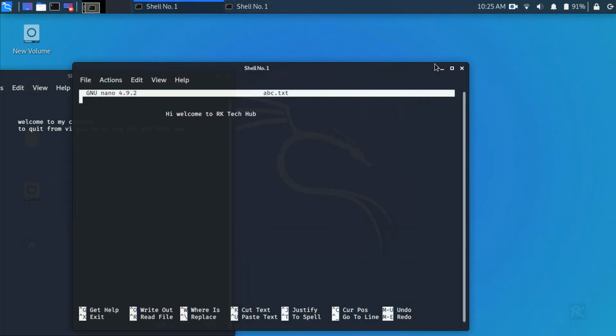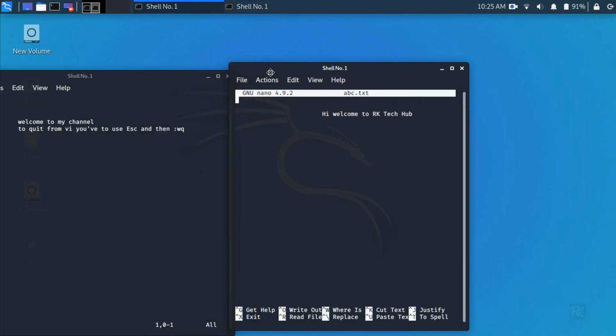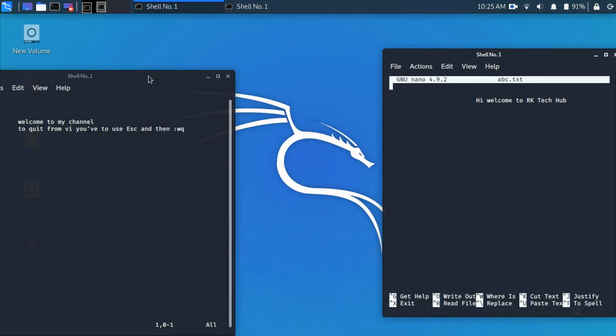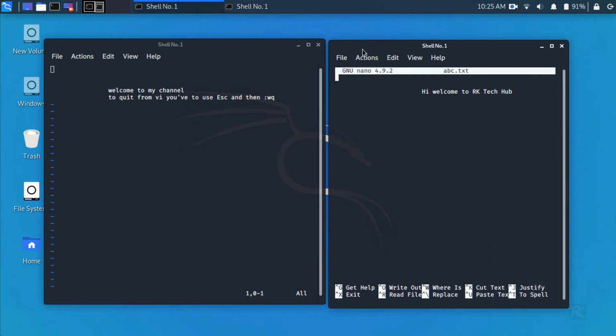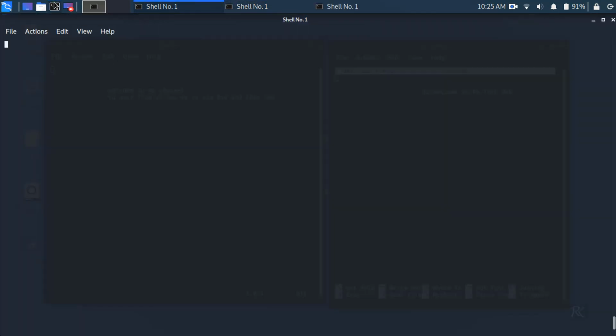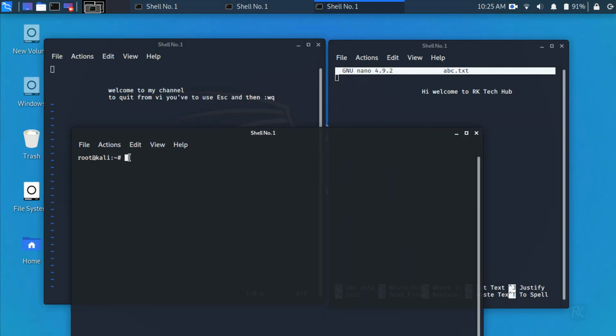Basically, this move will move your data from one file to another text file. And let me open one more terminal. From that terminal I will show you how the move command works.